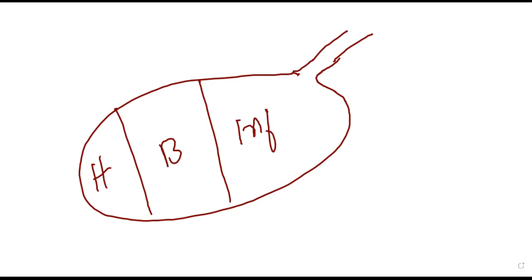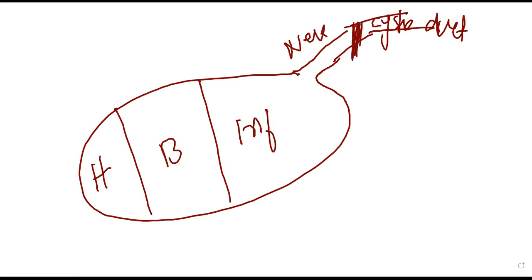But at the junction, this is the neck. And from here, the cystic duct starts. So at the junction of the neck of the gallbladder, over here, and the cystic duct,